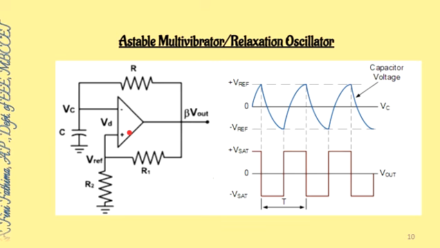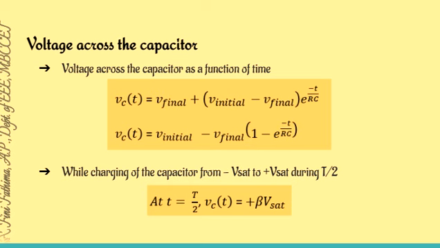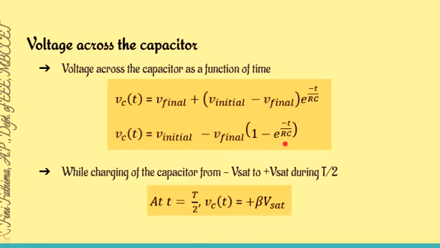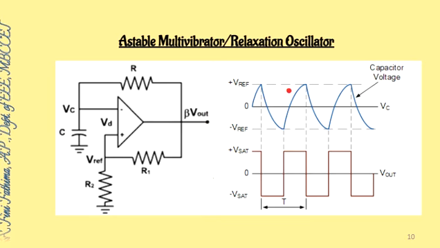So even in the absence of the input waveform, this astable multivibrator is creating an output waveform, so we call it a free running multivibrator, a free running oscillator, or an astable multivibrator or a relaxation multivibrator. So the astable multivibrator has two quasi-stable states and the time period for each state depends upon the voltage across the capacitor,